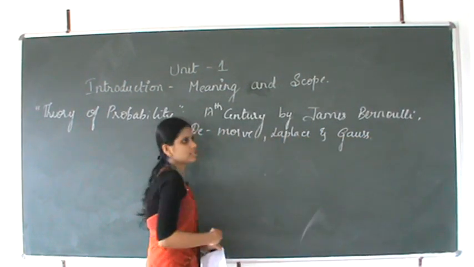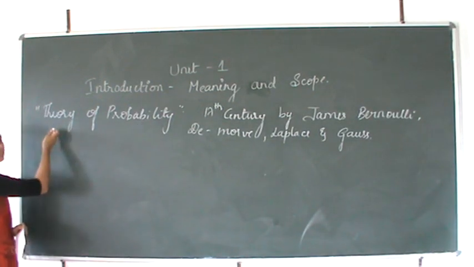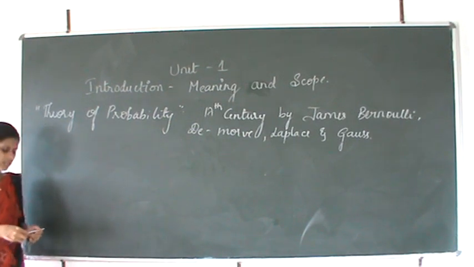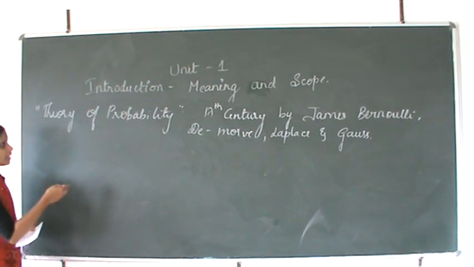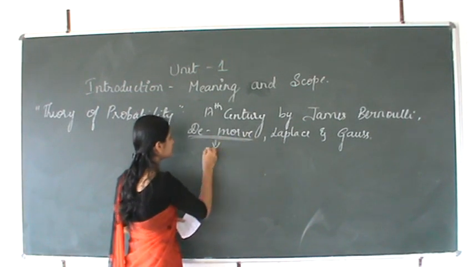So all these statisticians contributed to the introduction of the theory of probability, which is also known as the theory of game and chances. And one more thing: De Moivre introduced a concept called